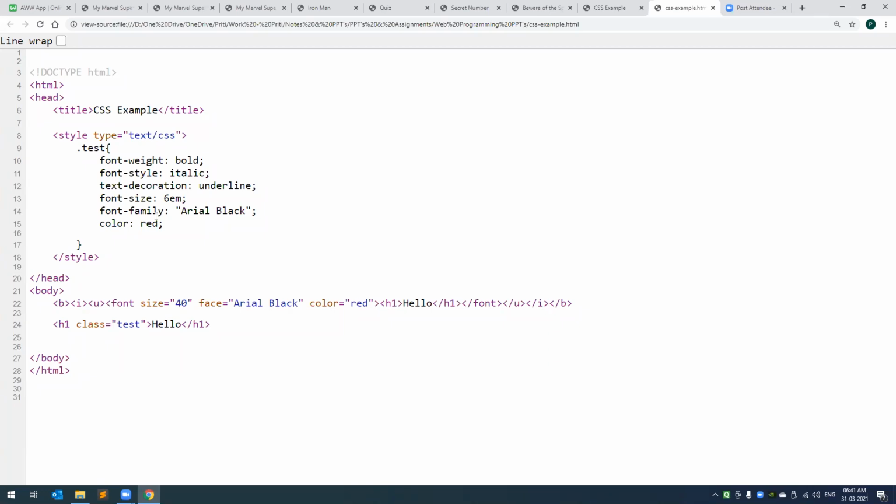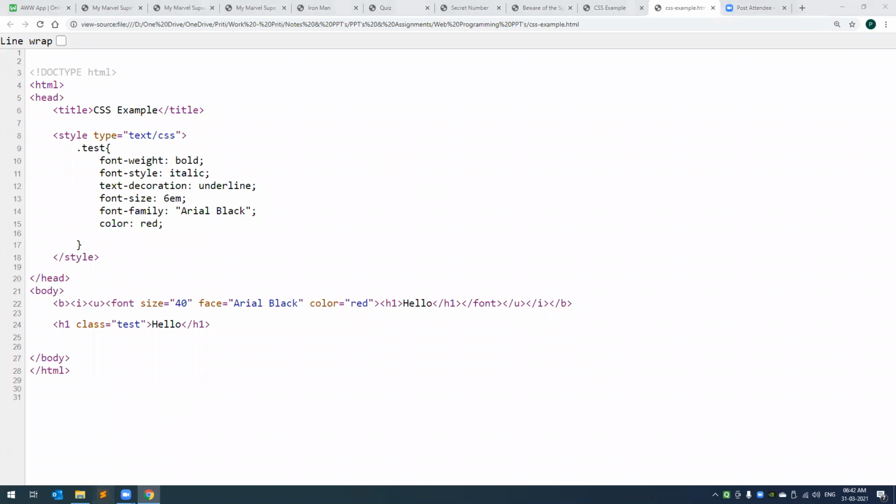Okay. So let's start with a very simple example. I think we should just write a very basic HTML page. I use Sublime Text for that. It is a free text editor, a free software that you can download very easily. And the reason why I like to use Sublime Text is because it makes working on HTML very easy. It gives a lot of help.